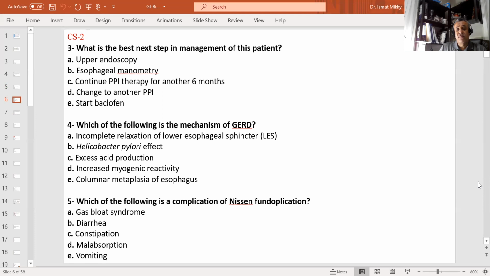Number 5. So before we go into the Nissen fundoplication procedure, that's another surgical procedure. This surgical procedure called Nissen fundoplication reduces symptoms in about 85 to 90% of patients. It will tighten the sphincter by wrapping the stomach around the lower esophagus. It's like a wrap or collar around the esophagus.